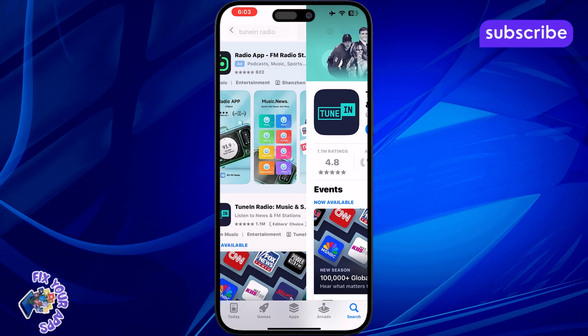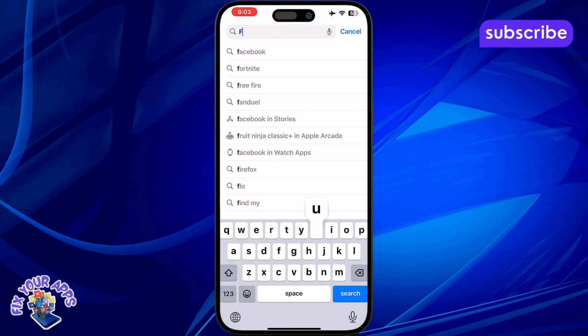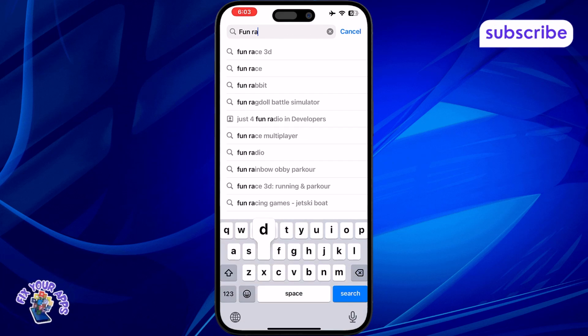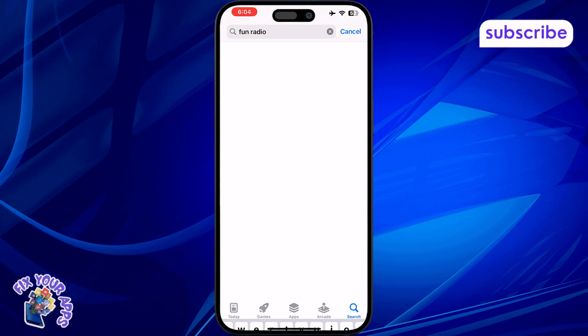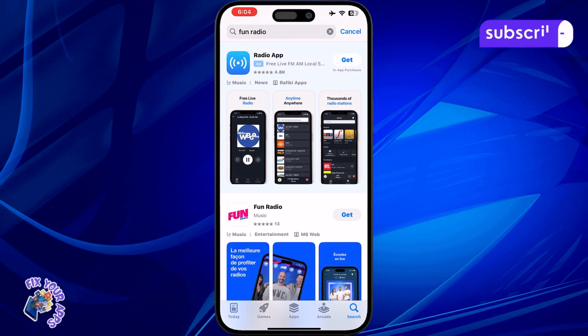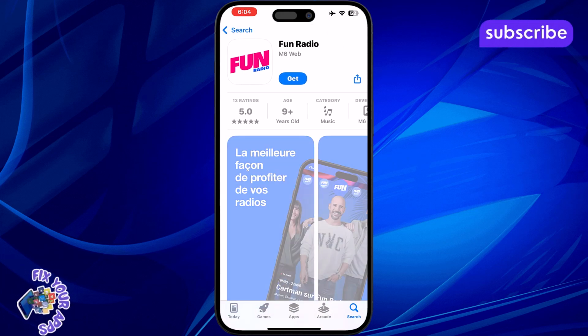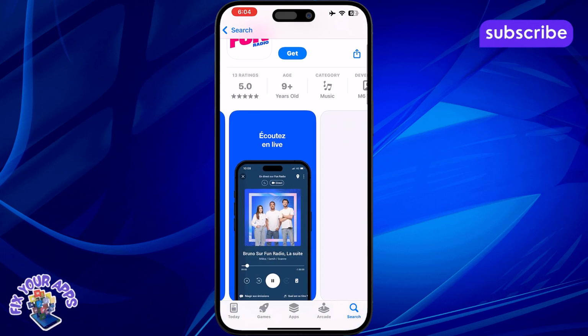Another great option is using the official app of the radio station itself. Again, open the App Store and search for the name of the station you want to hear. If they have their own app, go ahead and download it. Then, open the app and tap on the live stream option. It's that